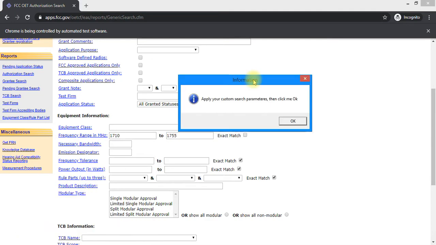Okay, after applying all the filters, just click this message OK.